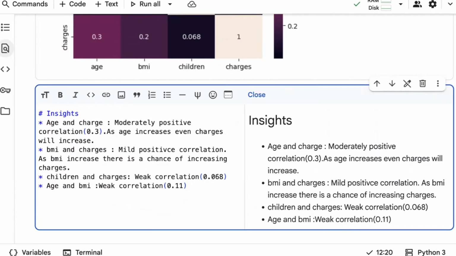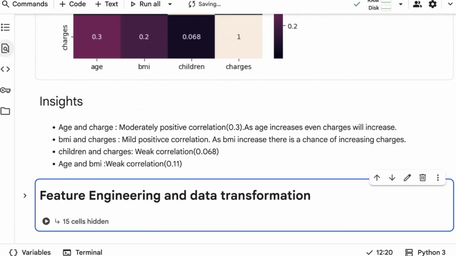So this implies that as age increases, BMI might also increase, but the correlation is not strong. Okay, so we can see that as the age of people increases, even BMI can increase, but still there is no evidence saying that as age increases, BMI should also increase. Okay, according to this data, we don't see much correlation. That's the reason we could see the very weak correlation.